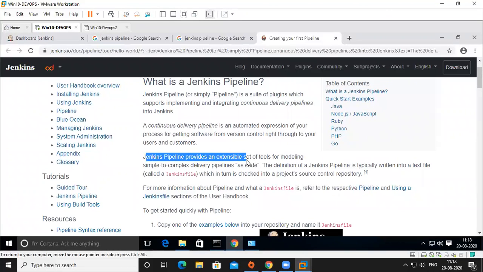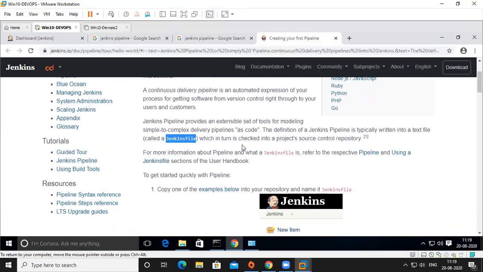Pipeline provides an extensible set of tools for modeling simple to complex delivery pipelines as code. The definition of a pipeline is typically written into a text file called a Jenkinsfile. You can use a Jenkinsfile or a pipeline file. There are two files, guys: one is the Jenkinsfile, another is the pipeline file, which is checked into the project's source control repository.